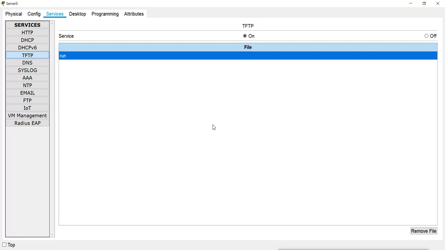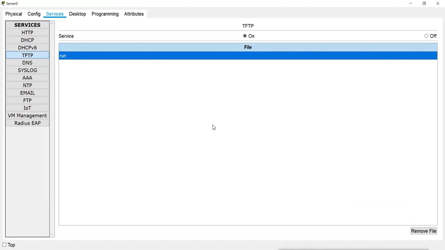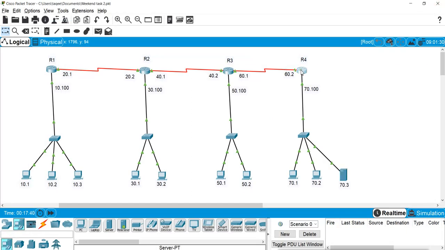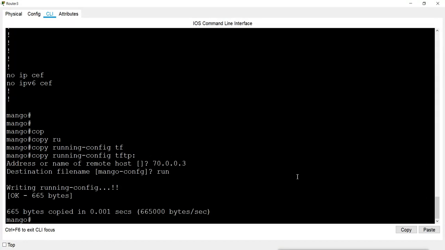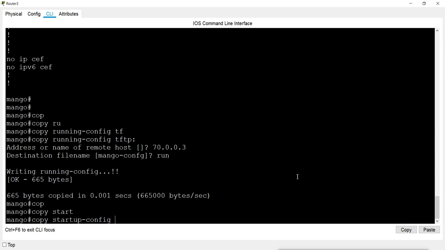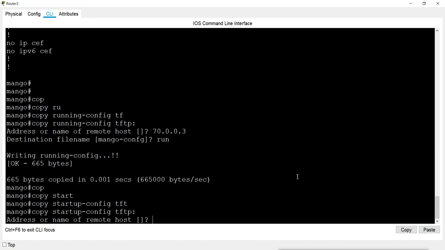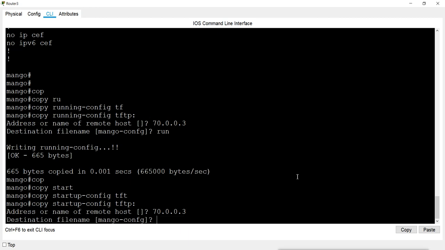Now I will take the backup of the startup configuration. So now I will give the command copy startup configuration to TFTP server. Again it is asking the server name or IP. So this is the IP of the server. Again it is asking for the destination file name.